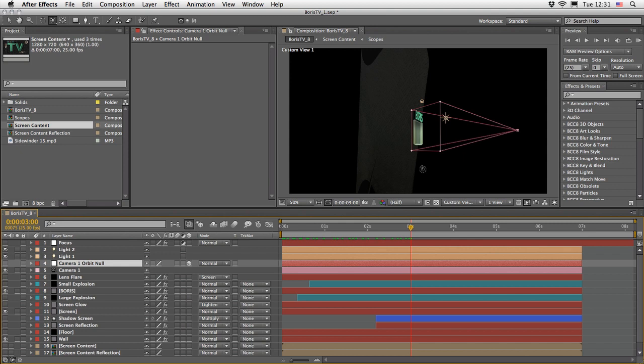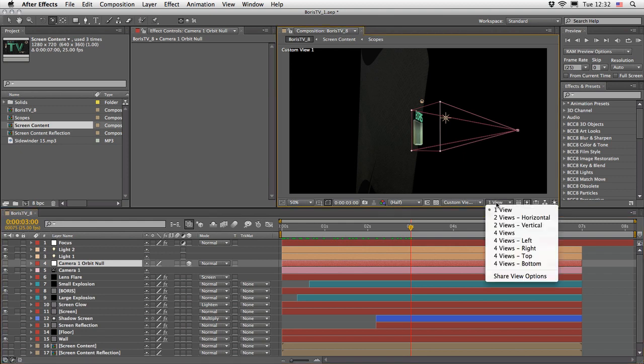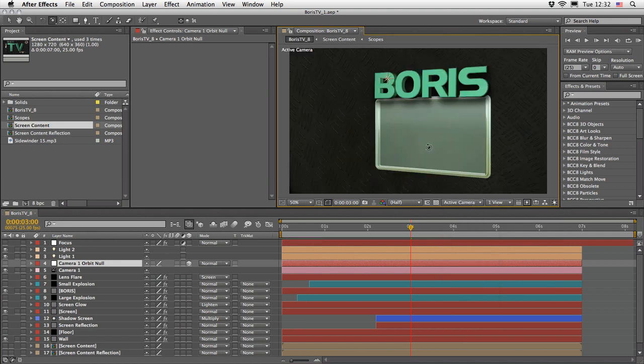We have to actually stack the layers like in a 2D mode. Although the Boris layers will obey the camera and the light, at the final scene it's not a full 3D scene. So we have to cheat a little bit until we get something which looks kind of decent from the